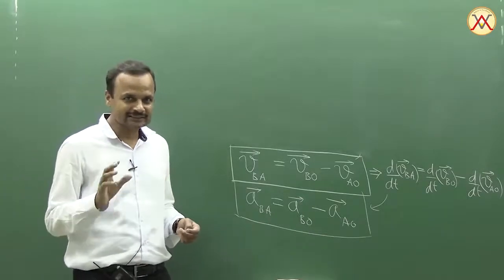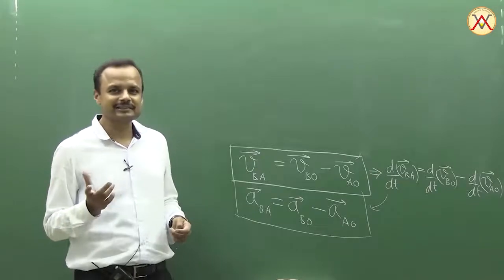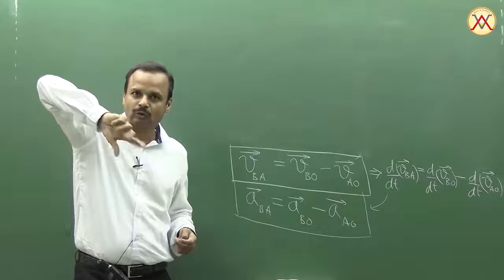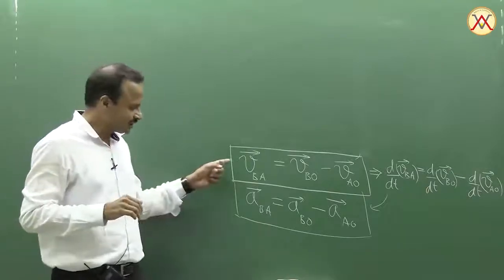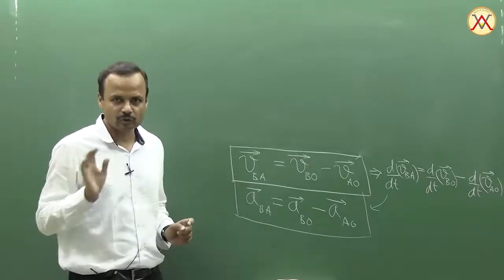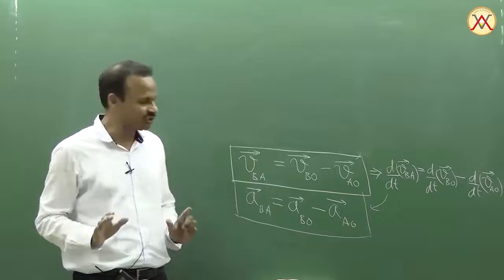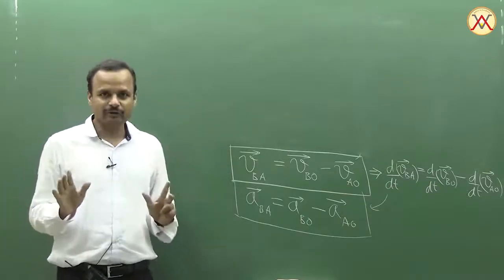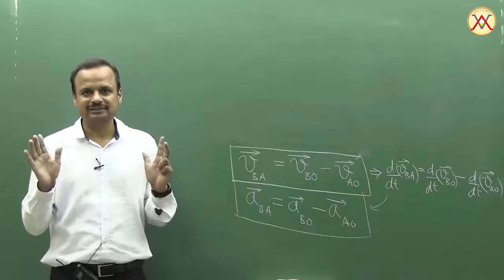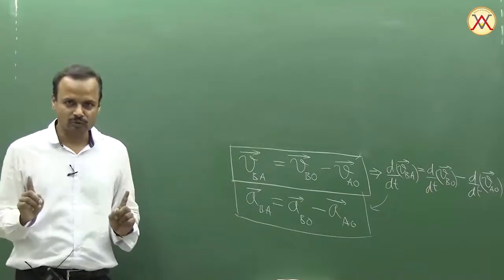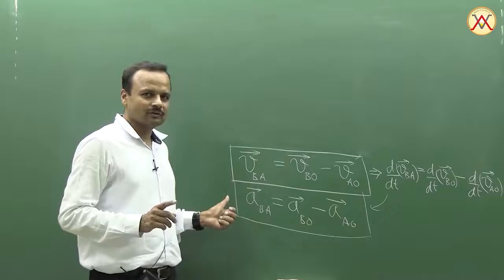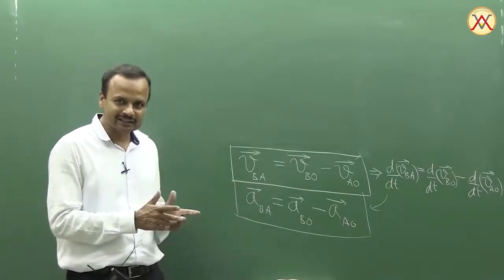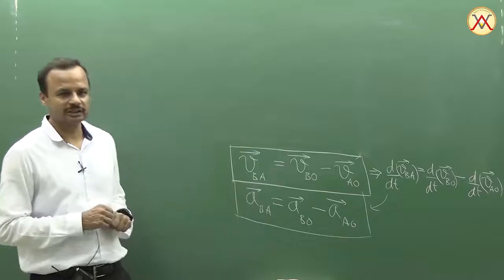Don't start imagining situations where a coordinate system is attached to a ceiling fan and the frame of reference xy coordinates are rotating like this. In such situations, these equations will not hold. We will not be taking any such case in this chapter. Rotating frames of reference, we will take up separately when we study circular motions. So, these relations hold for frames of reference that are moving only translationally with respect to each other and no rotation is involved.